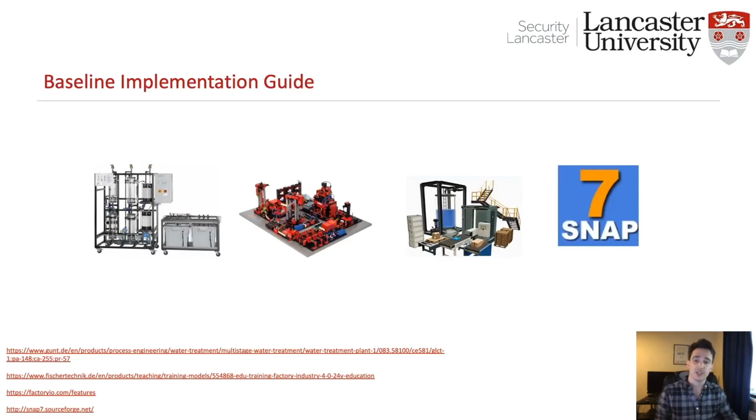Using our model and its associated building blocks as a foundational structure, our paper provides practical baseline implementation guidance. Using the ICS building block within our model as an example, we know it will need to consider some form of physical process. This can be achieved through the procurement of large-scale physical systems or small-scale models, such as the two pictured on the left from Gunt and Fischertechnik. Alternatively, simulation software may be more appropriate, which can be purchased from companies like Factory I/O or self-developed using relevant software libraries. This is a very basic example,